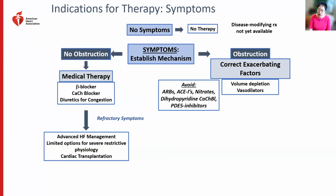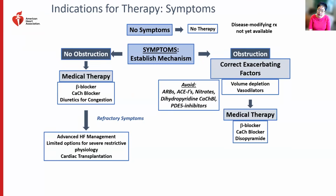And then you want to take a good look at their medication list and try to avoid angiotensin receptor blockers, ACE inhibitors, nitrates, dihydropyridine calcium channel blockers like amlodipine, and also PDE5 inhibitors, which can exacerbate and worsen obstructive tendencies. So medical therapy aimed at trying to ameliorate symptomatic obstruction includes beta blockers and calcium channel blockers as first-line therapies, again, helping to slow the heart rate to allow more time for diastolic filling and increase intracavitary volume as much